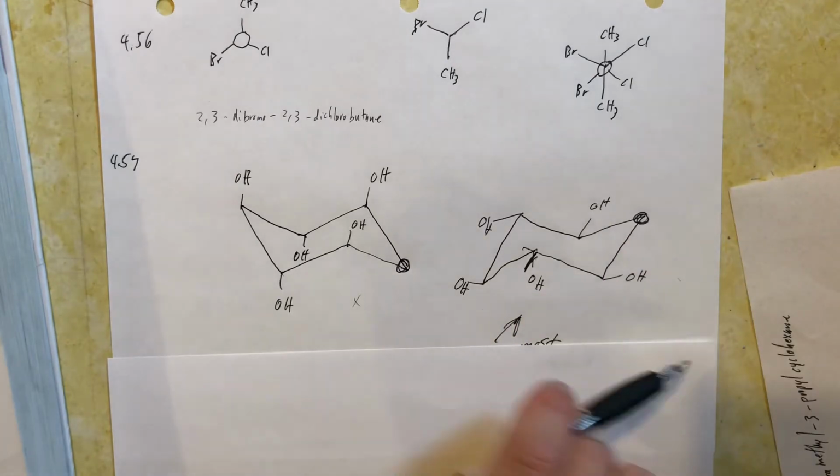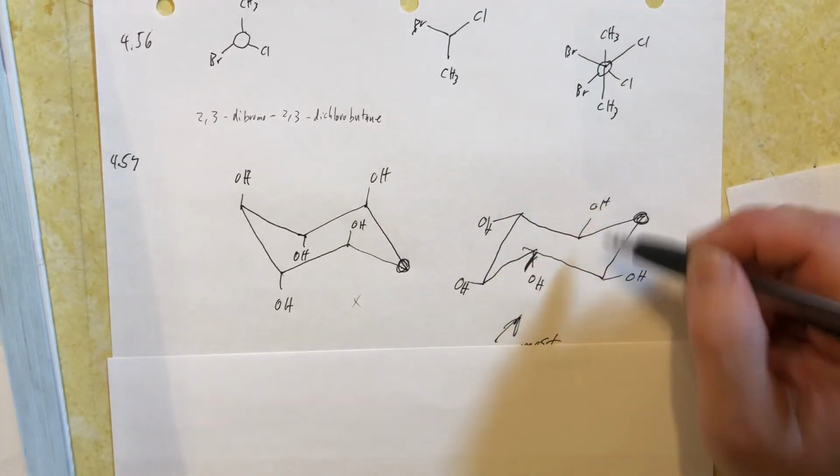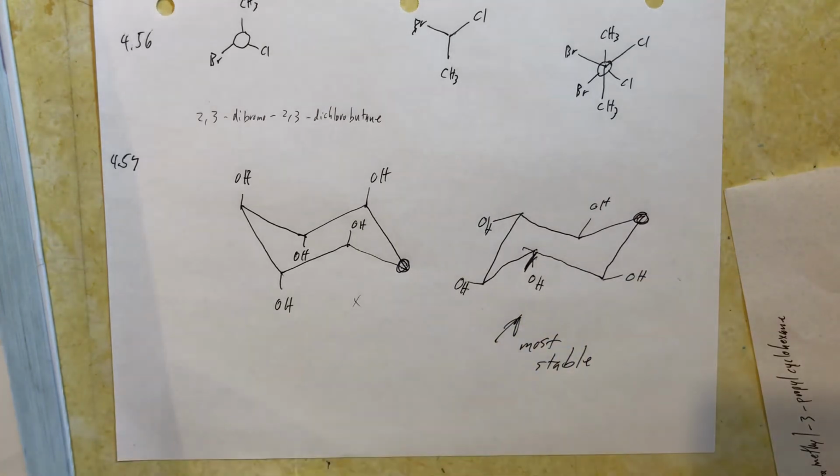If we flip the oxygen up and flip the conformation the other way, all of these become equatorial, and this is the most stable by far. Okay,